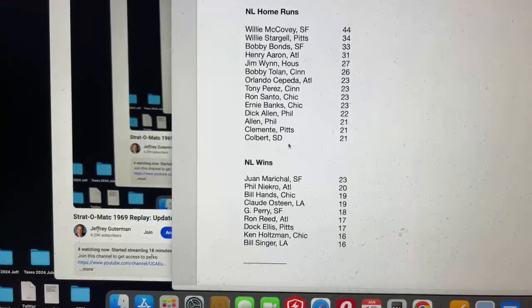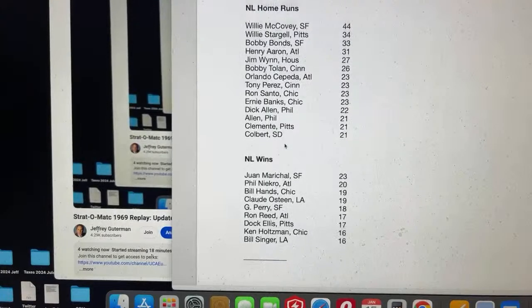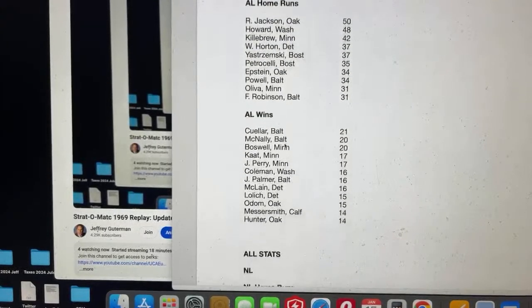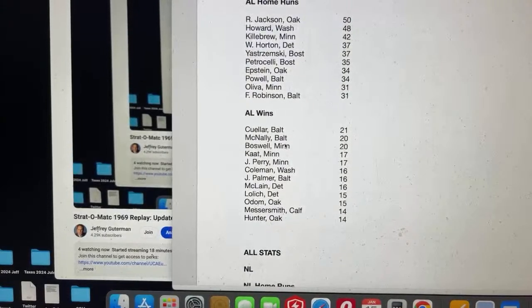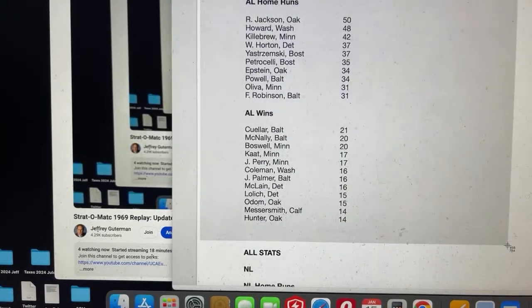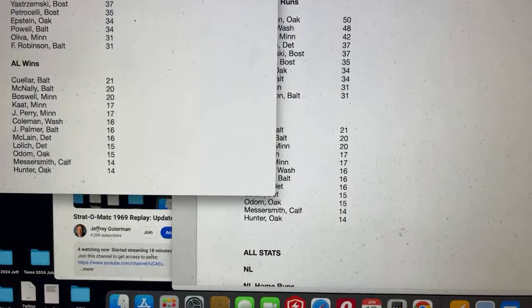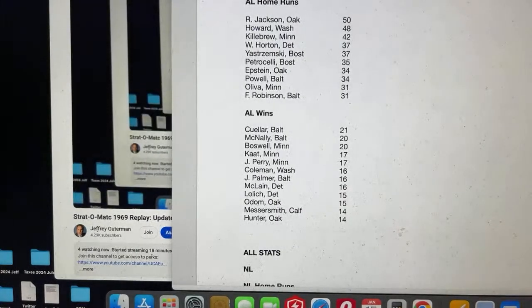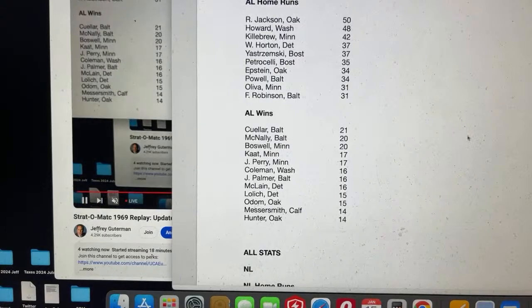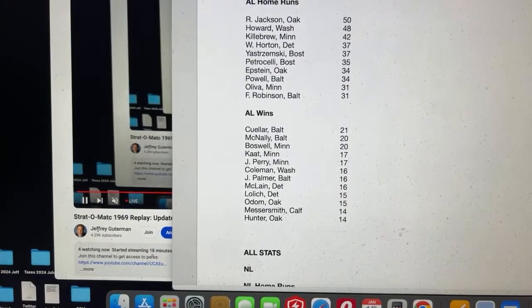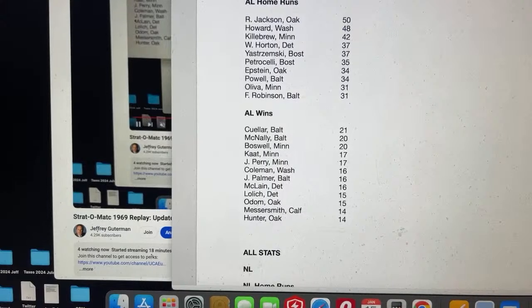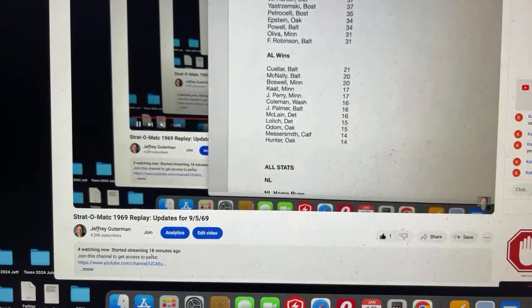See how Colbert snuck on. And here's the AL leaders. It has Reggie Jackson with his 50. It's a pretty smooth process here. Now we'll go to the,